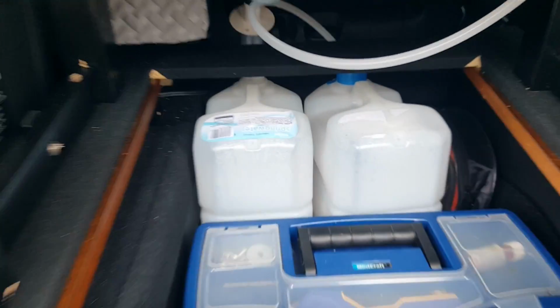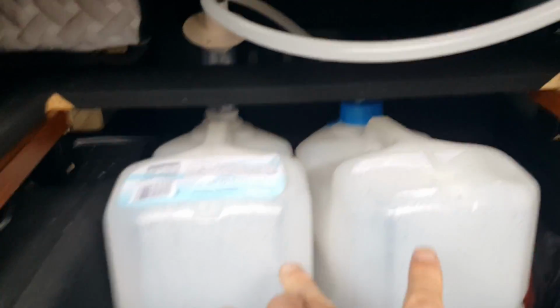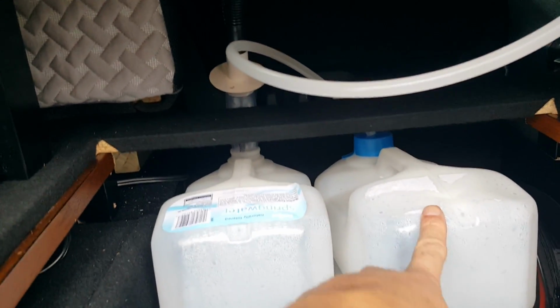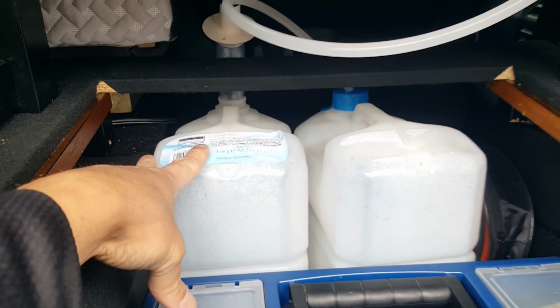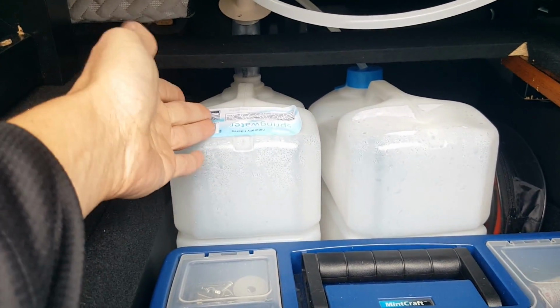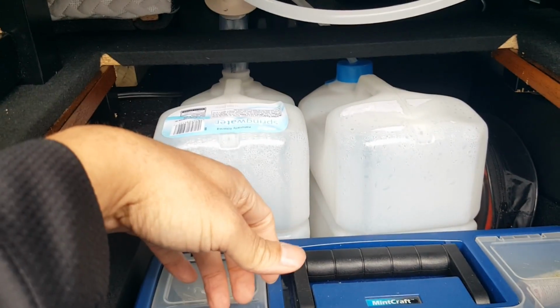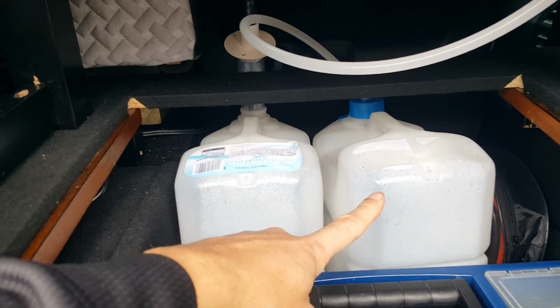And then there's the tanks. These are both 2-gallon tanks. I put the clean, filtered water in here, and then this one's empty. That way I don't have to worry about it overflowing, because there's not going to be more water going into here than is coming out of here. So if the water stops coming out of the faucet, that's how you know this is empty and this needs